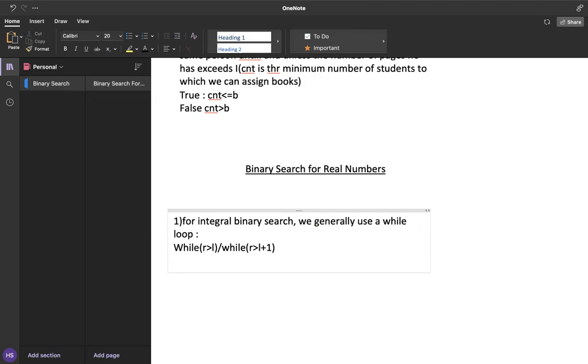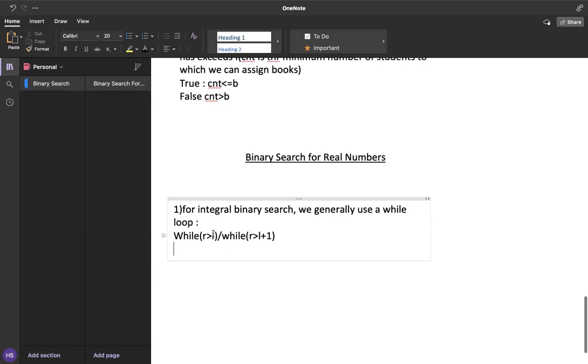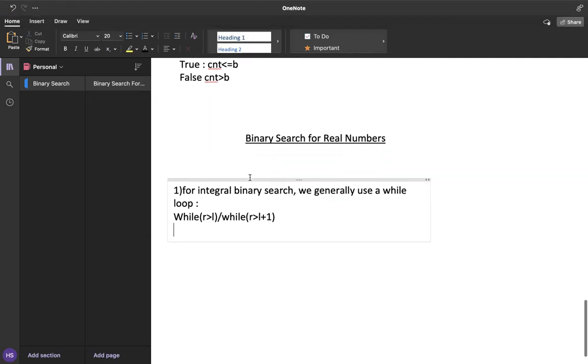But for doubles, or for floating point numbers, that will surely lead to precision errors. So it turns out we can't actually do that for real numbers.